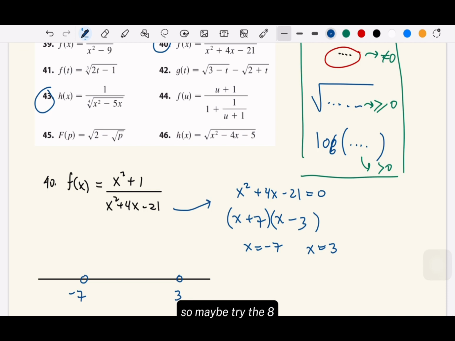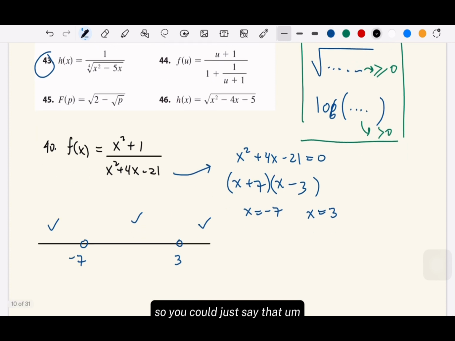So maybe try negative 8, try 0, and try above 3. But I think for this case, all of these will be okay, right? So you could just say that